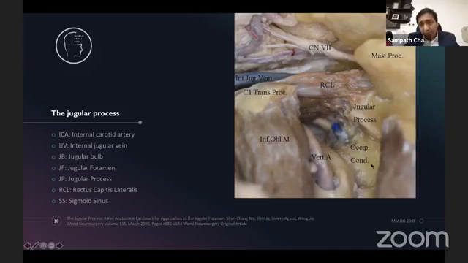Okay. Now, if this is the occipital condyle, what does it articulate with? The occipital condyle articulates with the atlas. So this is the atlanto-occipital joint, and can you just put this one? Yeah. So this is the atlanto-occipital joint, and this is the atlas, the lateral process of the C1, and then you have all the vertebral artery anatomy, posterior and lateral to these areas. So the jugular process also gives attachment to a muscle called the rectus capitis lateralis. So this muscle has to be drilled out or cut a section before you drill all the way up to the occipital condyle in search of your hypoglossal canal.